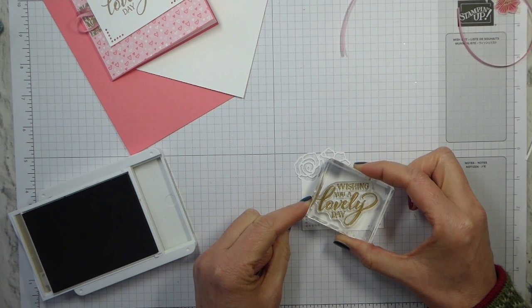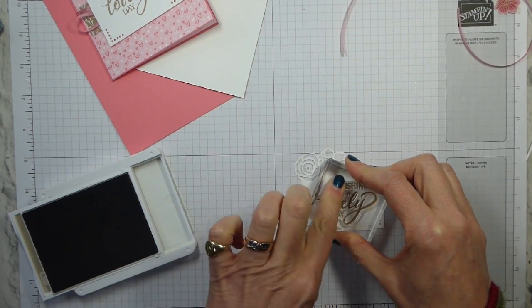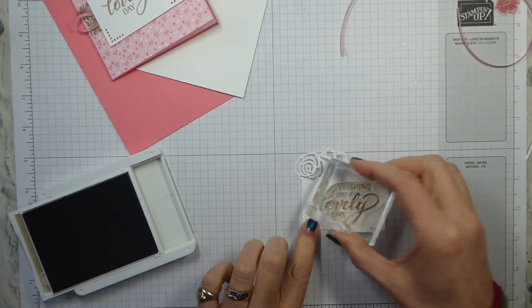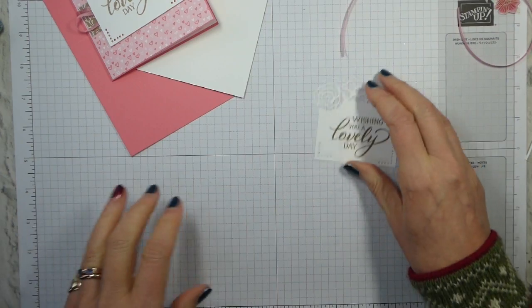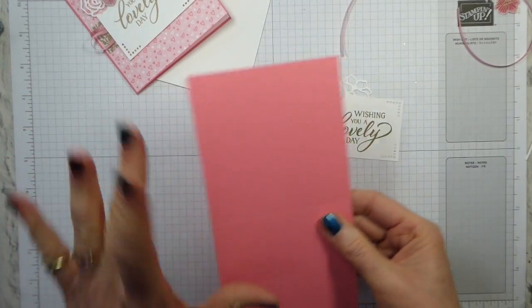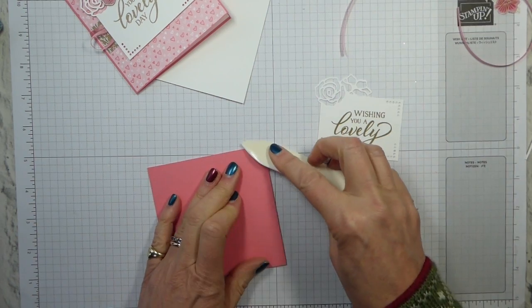That looks square. Now obviously you could use your Stamparatus for this, that would make sure you were definitely square, but that looks pretty square to me. So that is that done. So now all we need to do is pop our card together. So I've already scored the card base, so all I need to do is